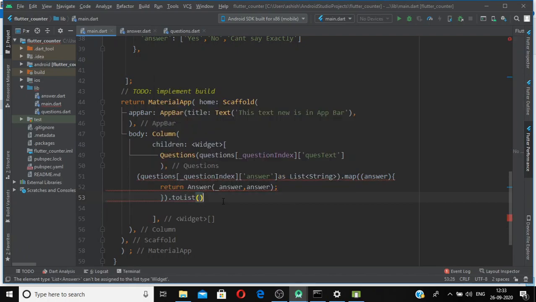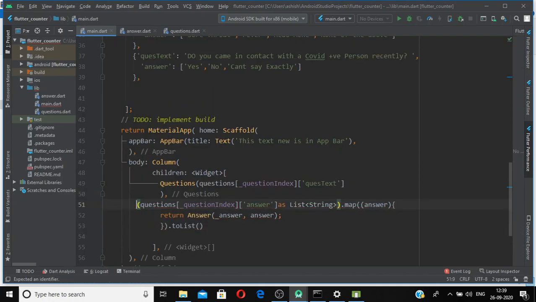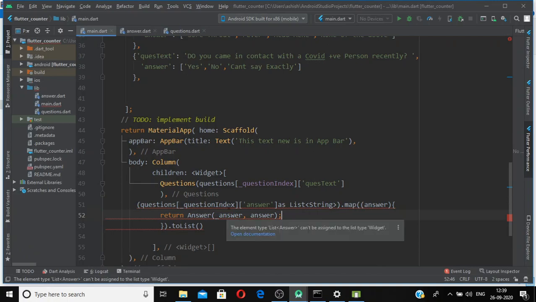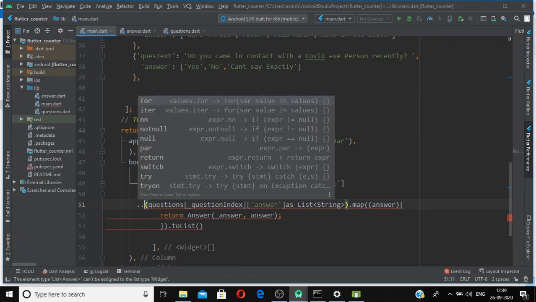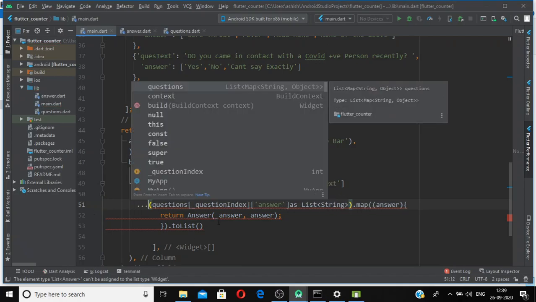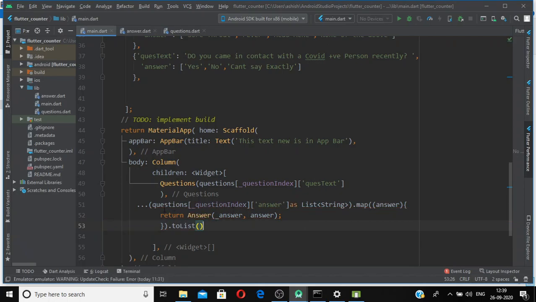And here we are getting this error. If we go to this error, it shows the element type list of answers cannot be assigned to the list type widget. So to remove this error, we need a spreader, and if we add 3 dots before this thing, this error goes. It will tell the compiler that we are not going to add a list to the list, but the values of a list to the list.